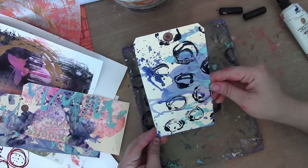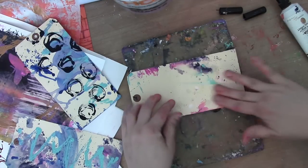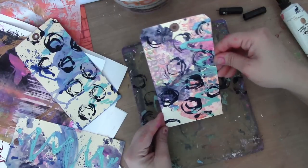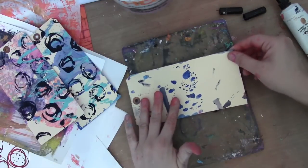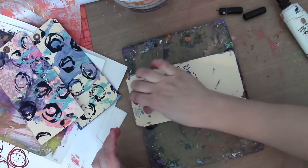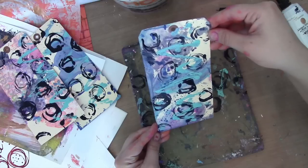It creates such an outstanding look on the piece. It looks hand-drawn, but it also looks printed, because it is both printed and hand-drawn. You get just such a great visual quality off using your fine line tip that way. If you want to write words or letters, you certainly could. Just make sure that you write them backwards on your plate, because they need to be backwards so that you can